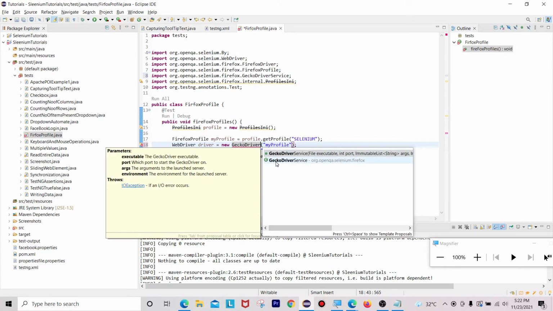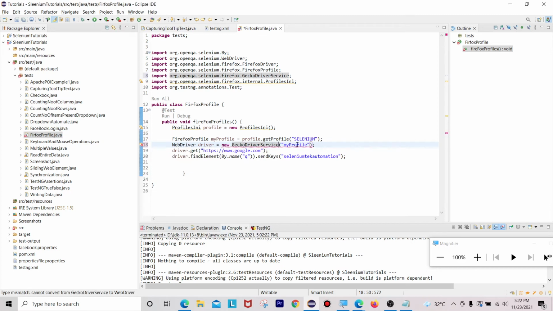New Gecko driver service. What is it telling? It is also not the correct one. New Firefox driver only, but we are facing some technical issue here. So it's okay, let it be, no problem.